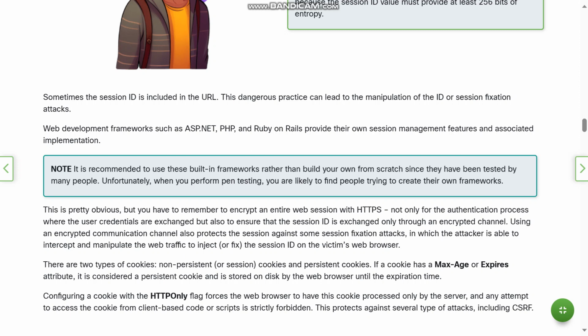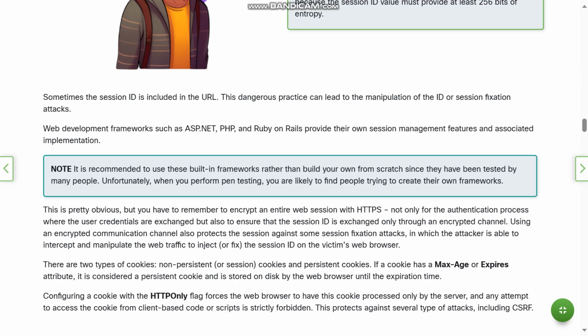This is pretty obvious, but you have to remember to encrypt entire web sessions with HTTPS, not only for authentication processes where the user credentials are exchanged, but also to ensure that the session ID is exchanged only through an encrypted channel. Using an encrypted communication channel also protects the session against some session fixation attacks, in which the attacker is able to intercept and manipulate the web traffic to inject or fix the session ID on the